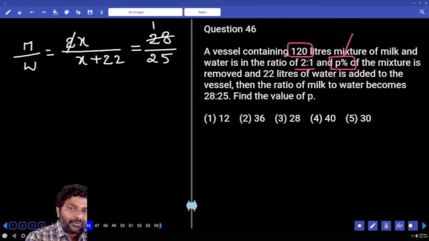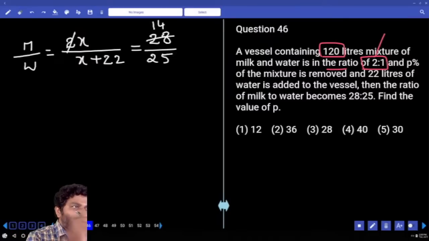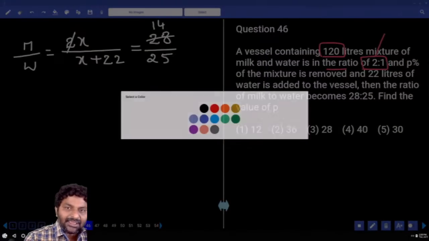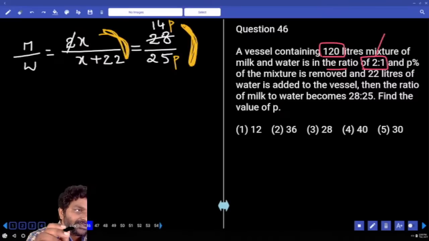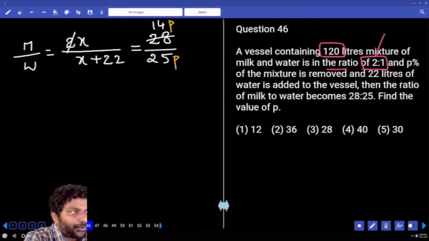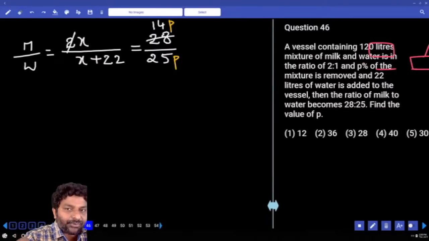14 times only. Right. So now look at this. I don't want to go for cross multiplication and all. Here, can I treat right hand side numbers in terms of number of parts? What is right hand side difference? Difference 11 parts. And left hand side difference 20. That means 11 parts is equal to 22. Agreed? 1 part is equal to 2. That means 14 parts is equal to, come on,